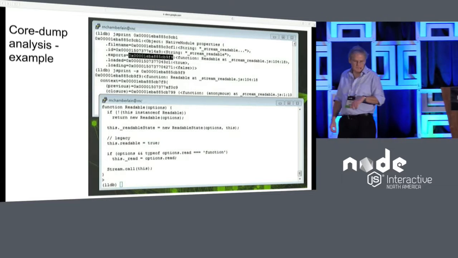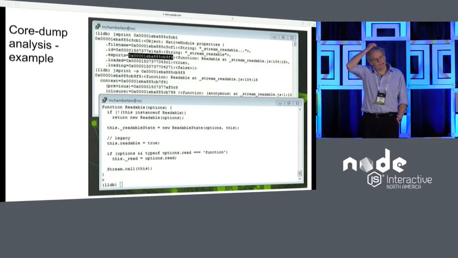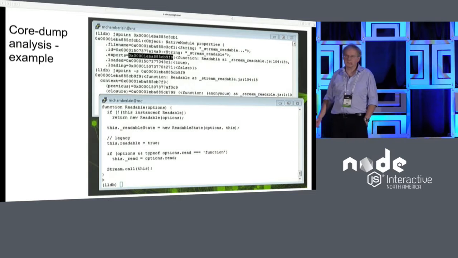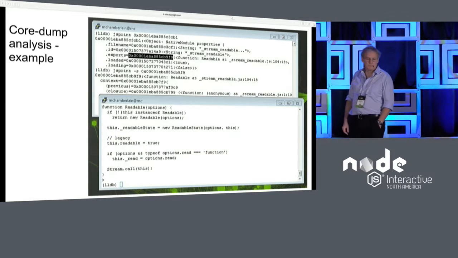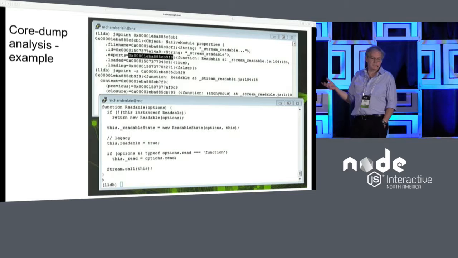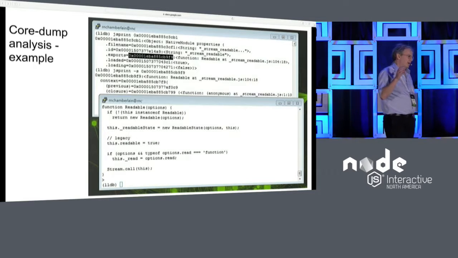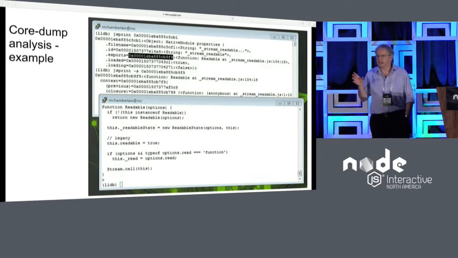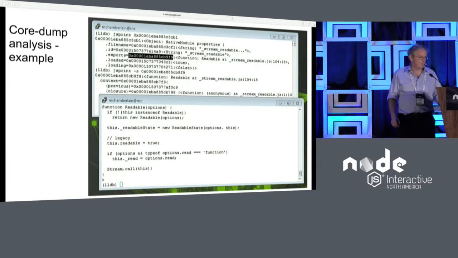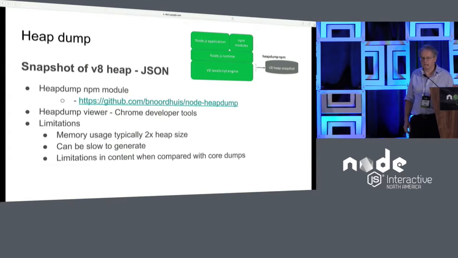Just a quick example. So this is a JSPrint command on LLDB showing a native module object. You can see it's pulled out the properties: the file name, ID, exports, load and loading. So we've got a couple of strings there, a couple of booleans. And one of the properties, the exports property, is actually a function. So we can drill down into that, run JSPrint -s on that address. And you've got the source code for that function and other information about that function. So we've got lots of capability now for looking at those core dumps, but this still isn't particularly usable. This is still nasty line mode using those tools.